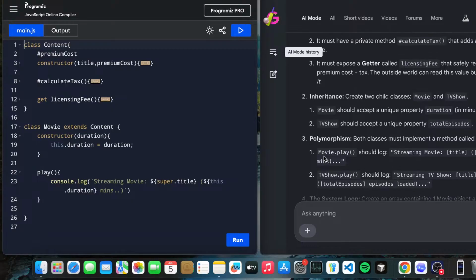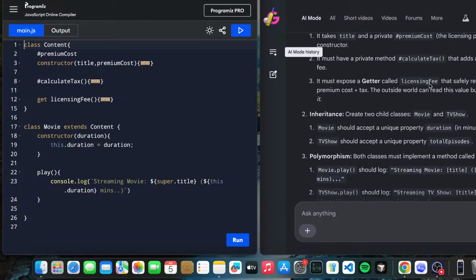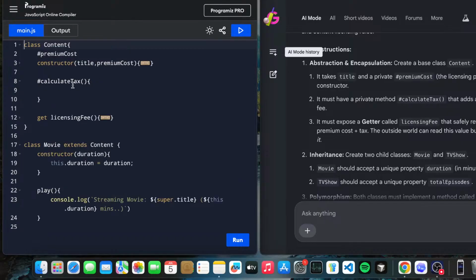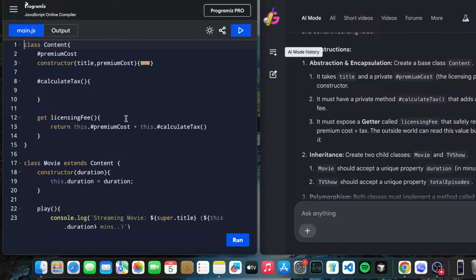I just want to figure out how the licensing fee feature will work here. For calculate tax, title and premium cost are taken in the constructor, this is the empty state, and now we have to see how calculate tax will work. What is the licensing fee? It will be called like a property.